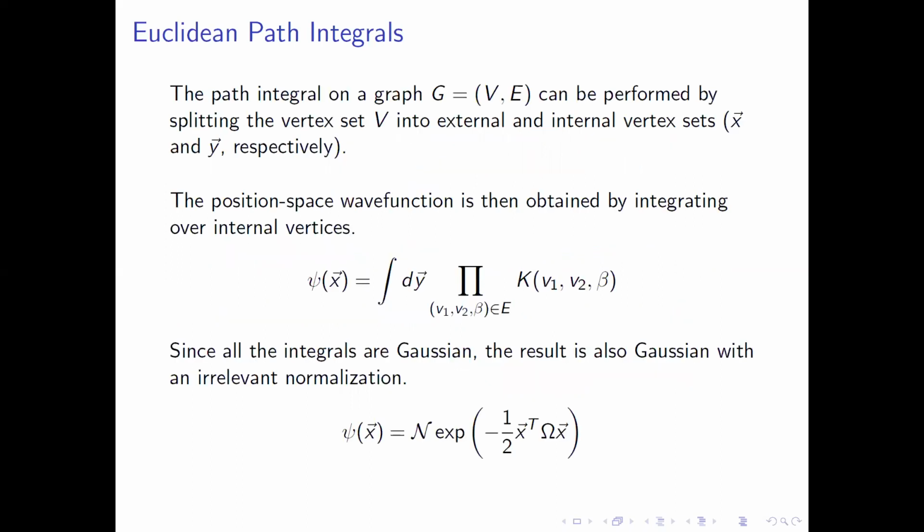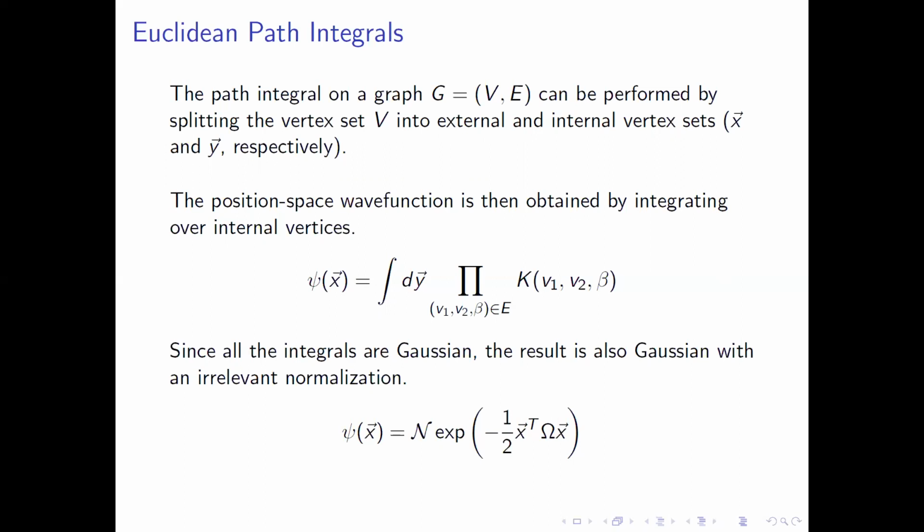Because the path integral on a graph G can then be performed by splitting the vertex set into external and internal vertex sets. So let's call the external vertices x vector and internal vertices y vector. Then the wave function corresponding to any particular graph that has some external and internal vertices is obtained just by integrating the product of all the Miller kernels for each edge in the graph over the internal vertices. So for each edge, we get a factor of this k function,